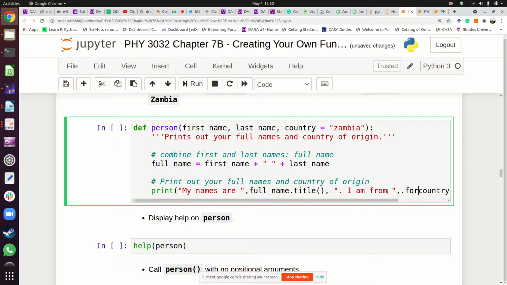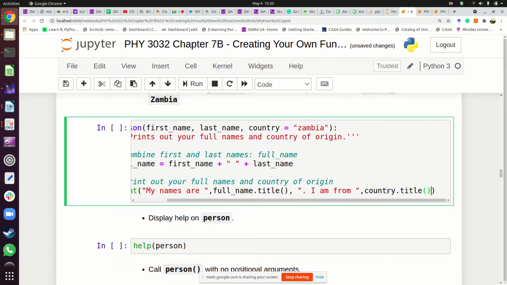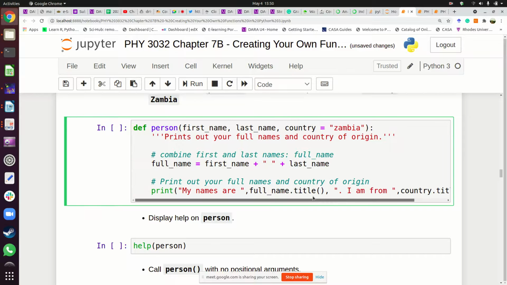I don't want to use this format thing. It works, yes, but I don't want to use it. Okay, so here, these are different values. My names are full name to title. I am from